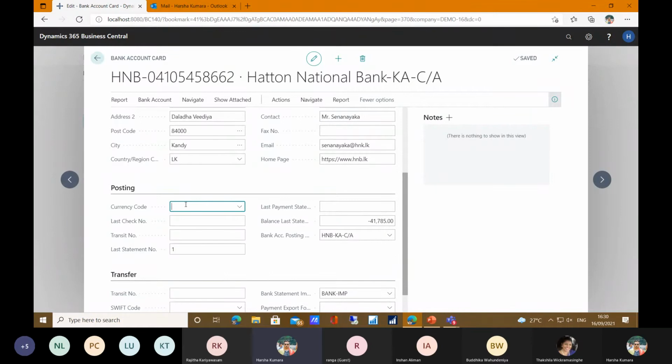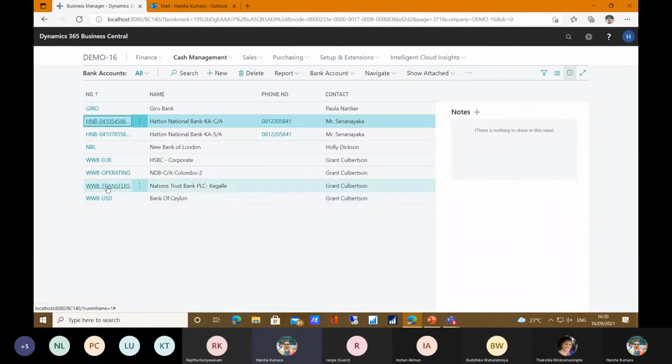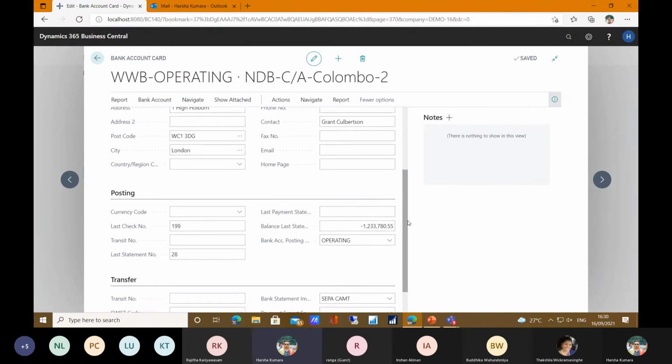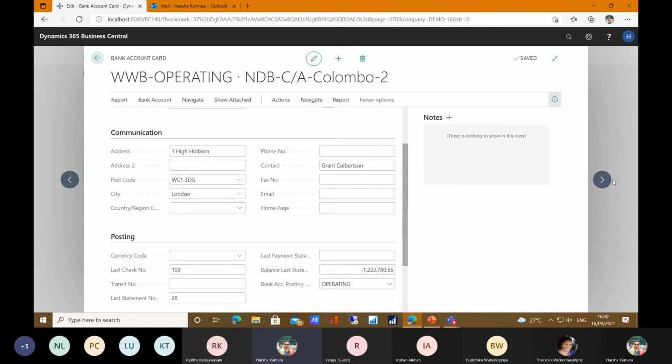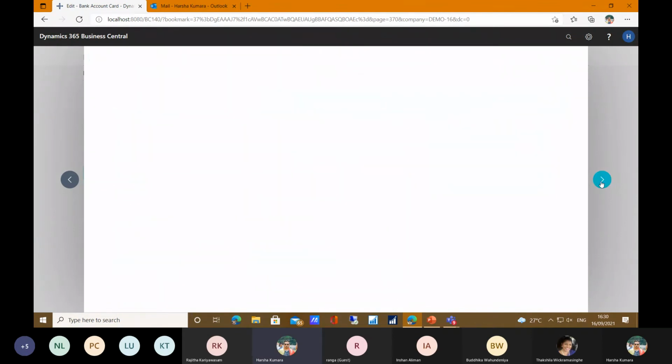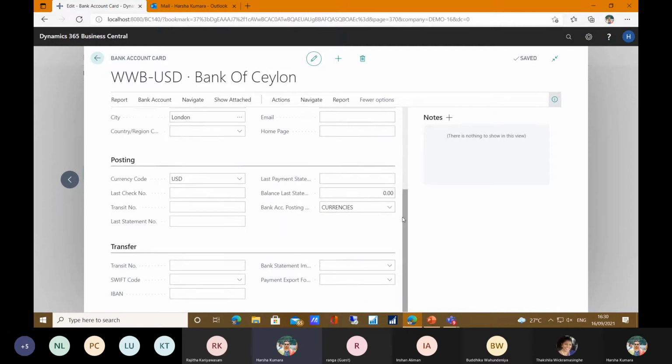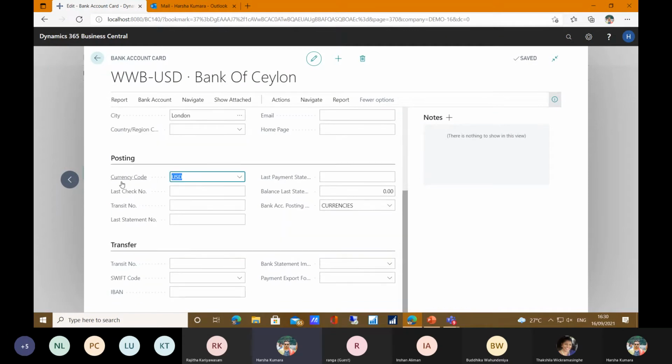But take the other bank, for example, Bank of Ceylon. You can see the currency code is USD. This means you can post any transaction to any customer, vendor, or adjustment, but only at the USD level.